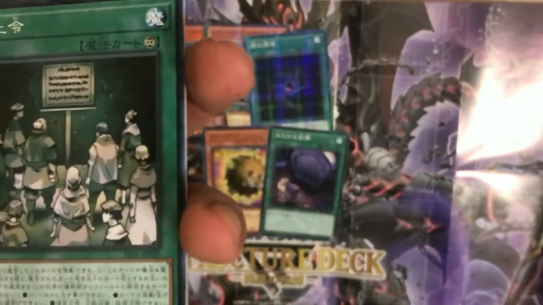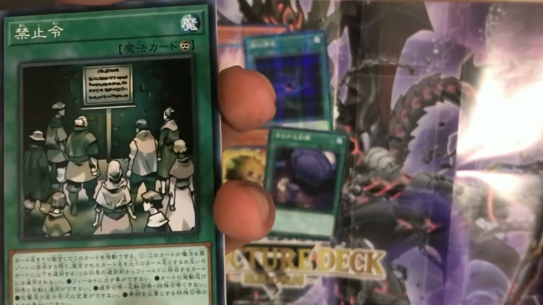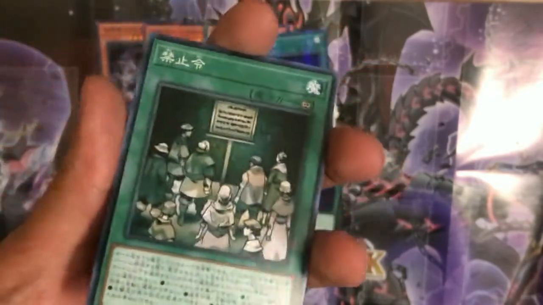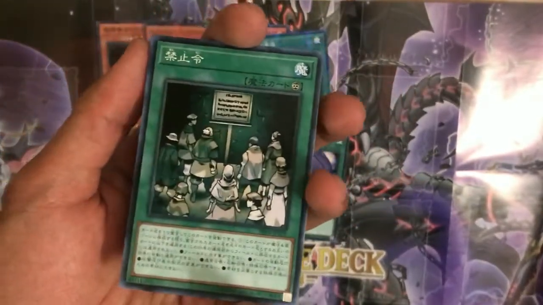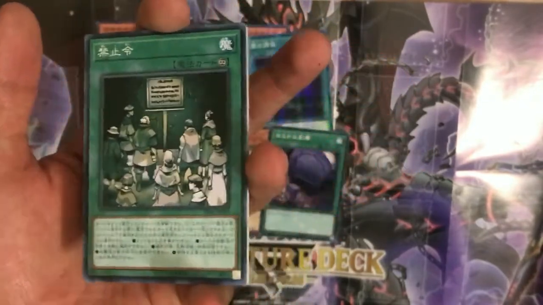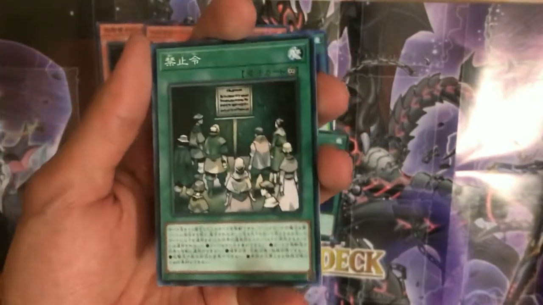And the last one is the most important. That monster cannot be used as a material for summoning. For example, if you activate this card and you declare Blue Eyes, you are unable to fusion summon Blue Eyes Ultimate Dragon because you are unable to use Blue Eyes White Dragon as a material. But